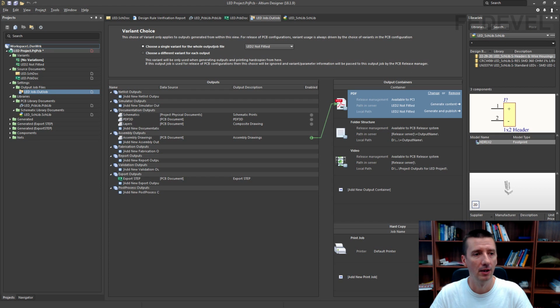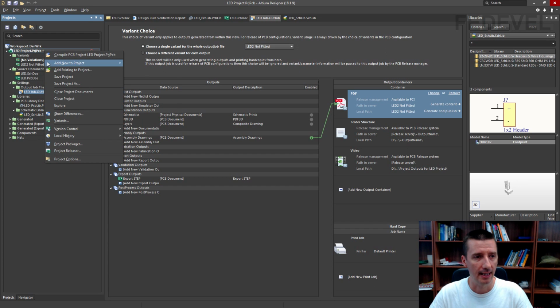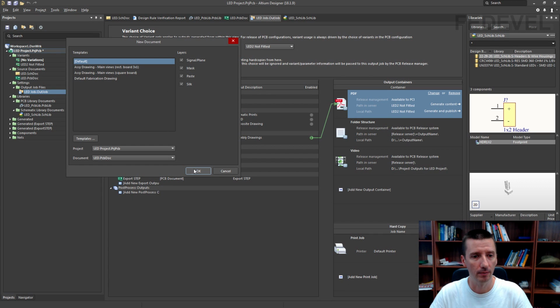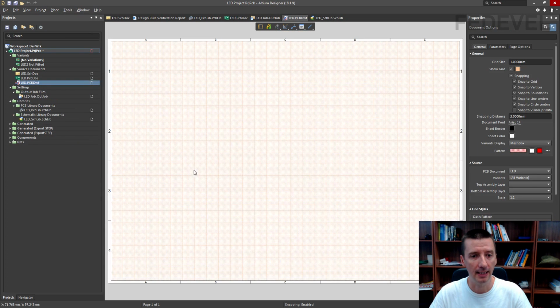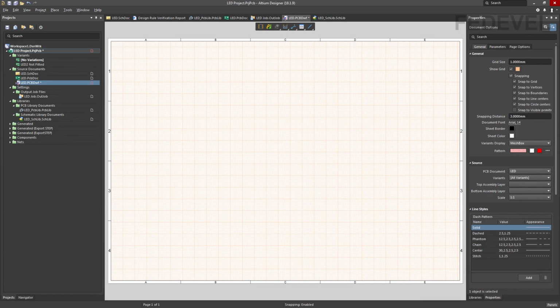It's very simple. To create a Draftsman document, just hover the cursor over a project, right click, select Add New to Project, and left click on Draftsman document. Now press OK. Here we are going to add the assembly drawing top and assembly drawing bottom views.